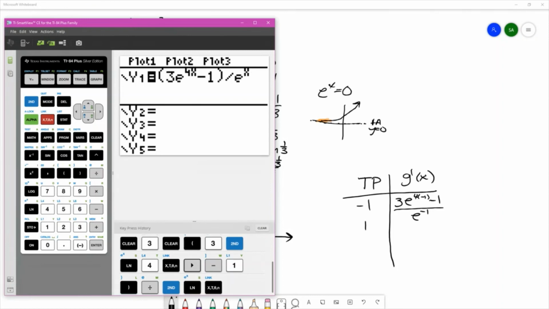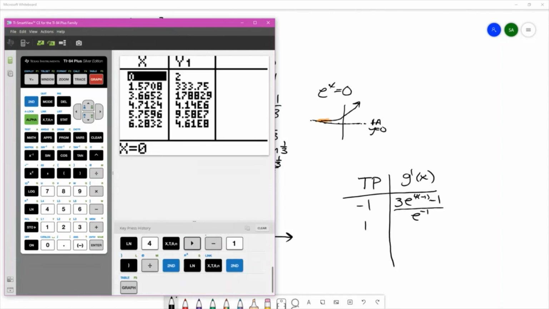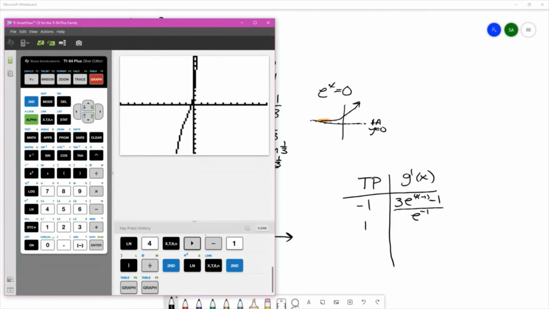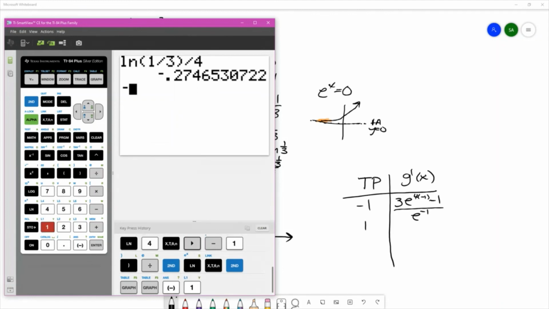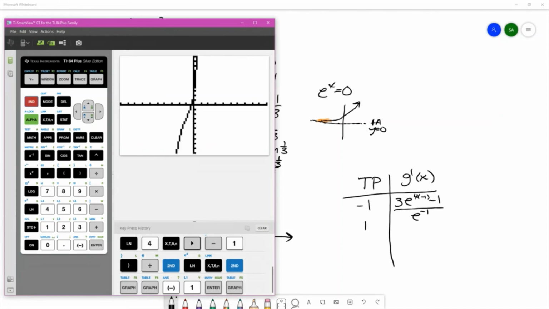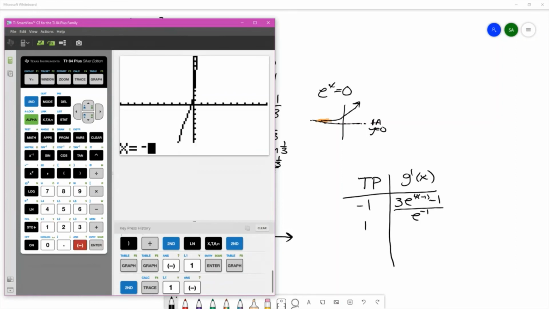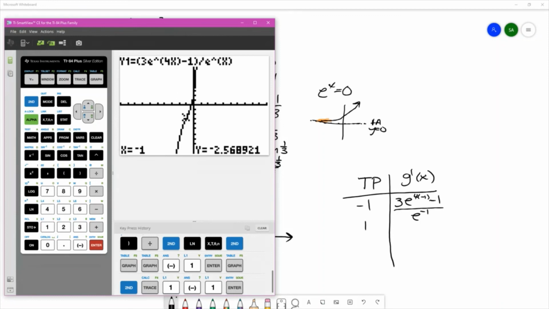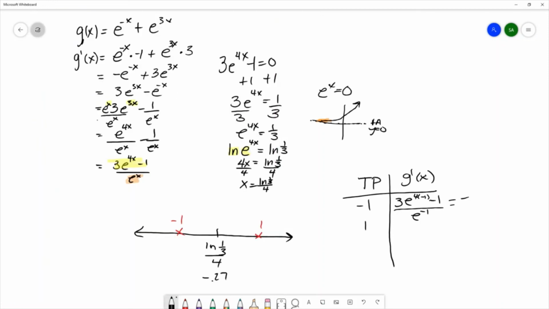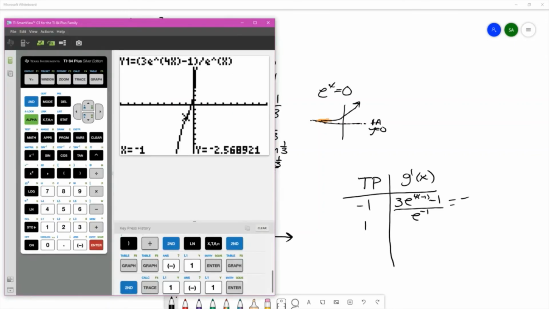And I'll go to the graph and choose -1. Sorry, I need to do that in the graph. Second calc value, -1 gives me a negative. And a +1